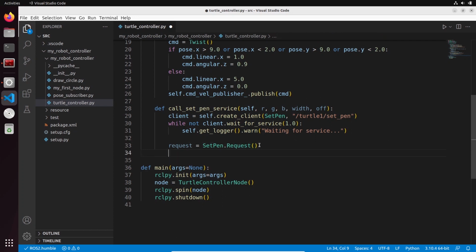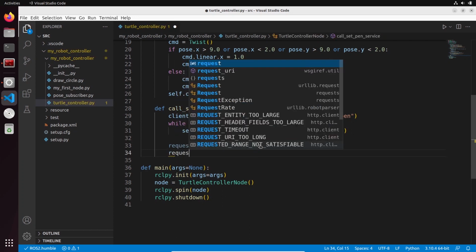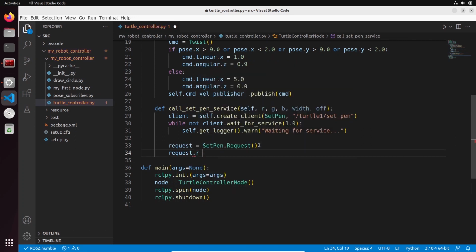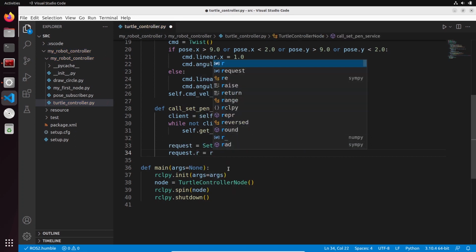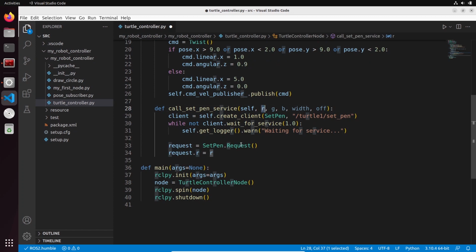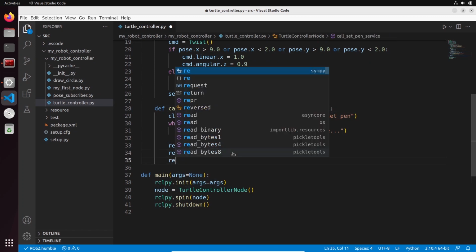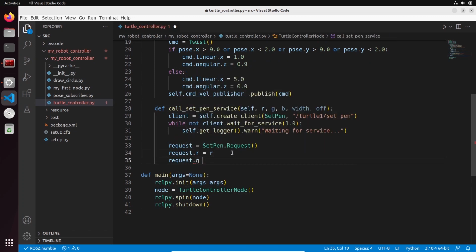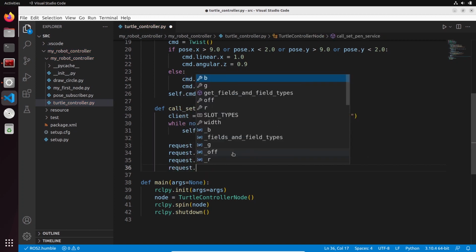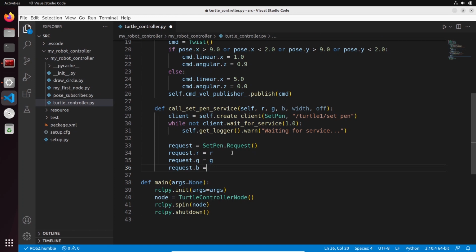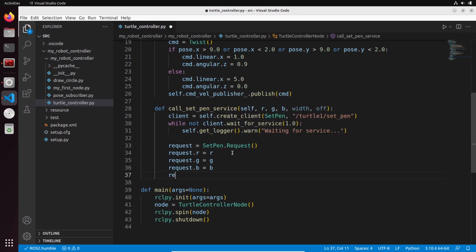And then we are going to fill the request. So request.r is equal to r, that's what we get from the parameter here. And then request.g is equal to g. Request.b is equal to b. Request.width